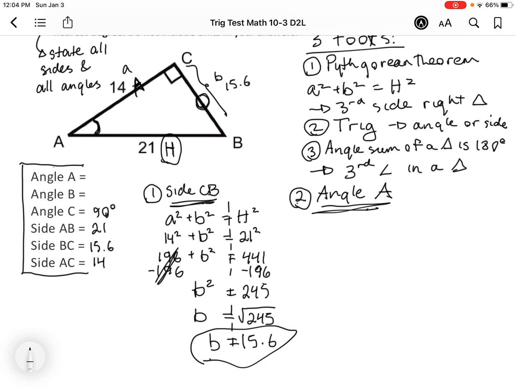If I made a mistake with the 15.6, then my angle A will still be correct because I'm using the two sides that were given to me in the problem. Okay, so that's kind of a trick that you can use to minimize errors: always try to use the sides or values given to you in the problem. Okay, so I'm going to use adjacent and hypotenuse, and